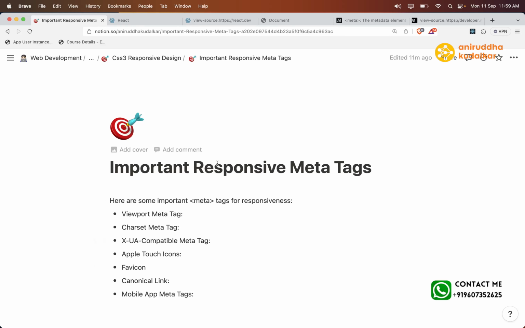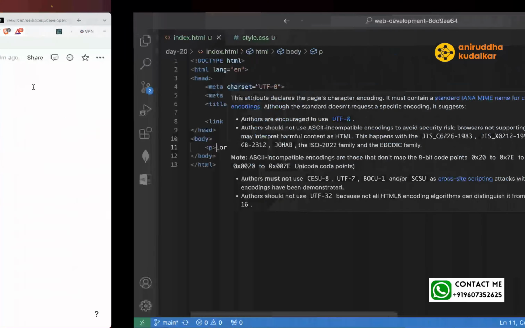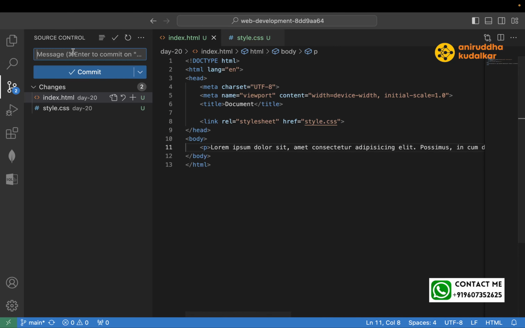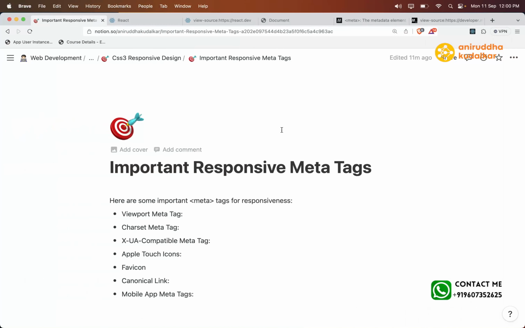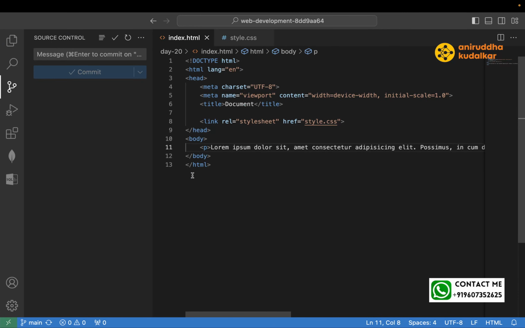If you have any questions, go through the code. I think I already have added it, let me push this much code also. Here we can say responsiveness theory part. So today we have seen in detail the theory of responsive web design. Correct? Now what I want you to do,